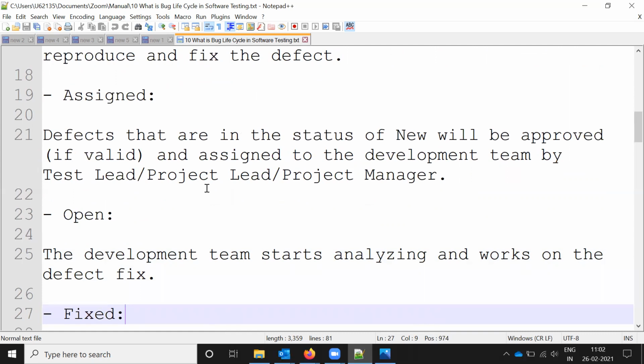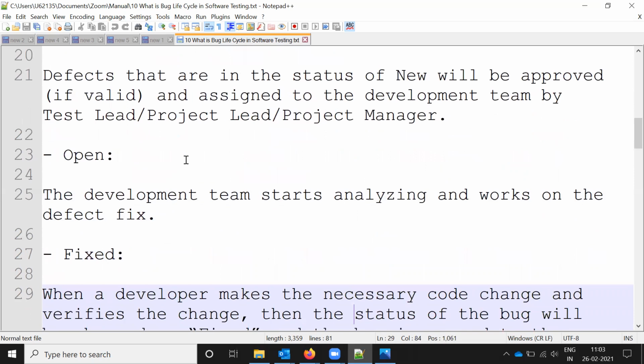In companies, if you know the proper developer who developed that module, then you can directly assign the defect to that person. Otherwise you mention the project manager or test lead, anyone you can assign it to, and then he will assign it to the concerned person based upon the defect. Once it is assigned, it becomes the open state.